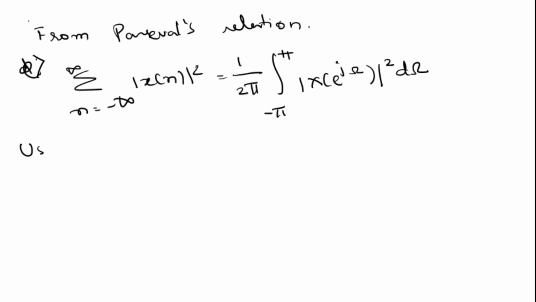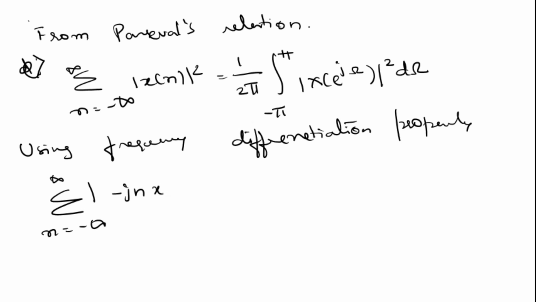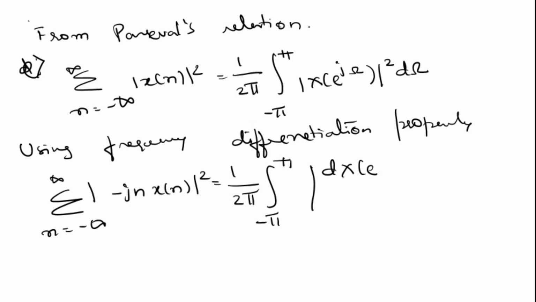Now, using frequency differentiation property, summation n is equal to minus infinity to infinity mod of minus jn into x of n square is equal to 1 divided by 2 pi integration minus pi to pi mod of differentiation of x of e power j omega divided by d omega square into d omega,